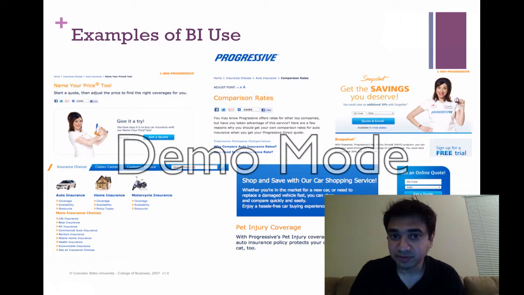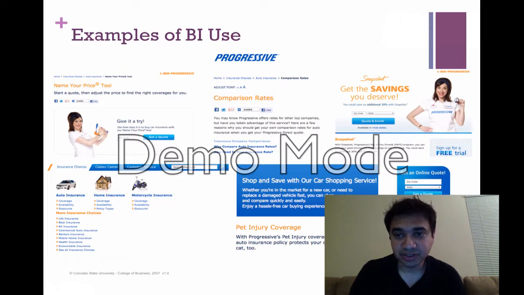It's a combination of a tool, the pay as you drive tool, which Progressive sends to customers who enroll in this program. They install it in their car, and what this tool does is capture data with respect to driving habits. Progressive has defined certain parameters that constitute good driving habits, and this tool captures all the data and metrics with respect to the driving pattern of the driver, and feeds